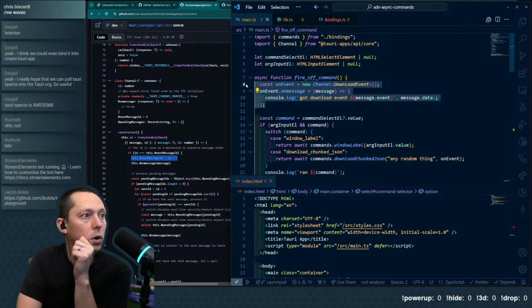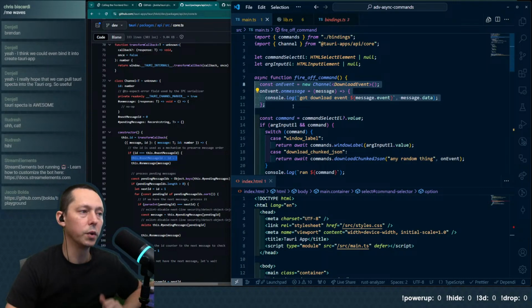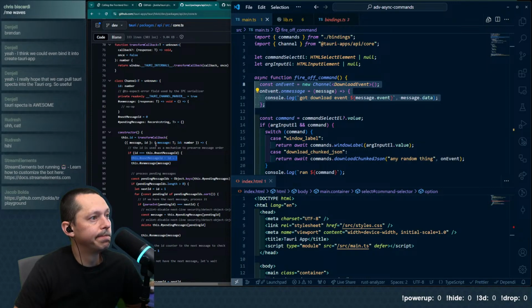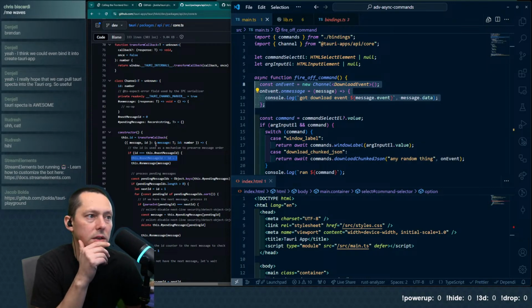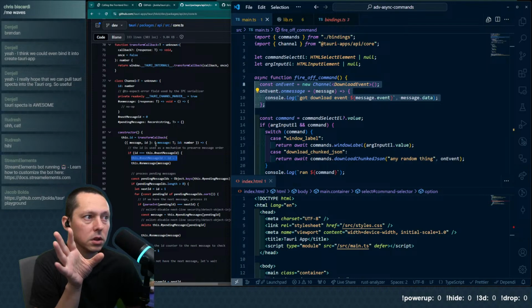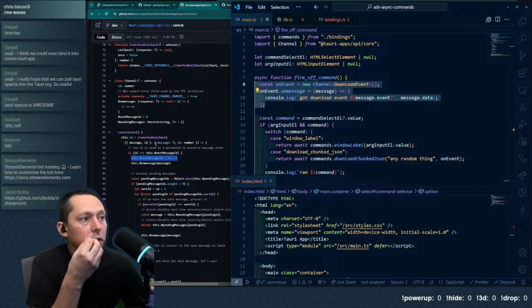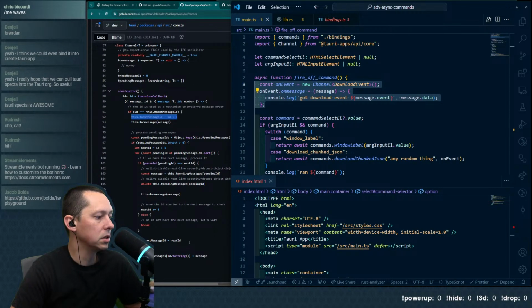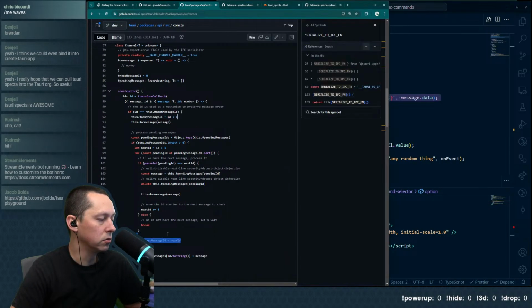So if you're doing something like this, you need to recreate the channel every time and then handle the event every time. Even in vanilla JS, you end up having to use event emitters and event handlers a little bit more. Even with that, having to recreate it every time is a little bit painful. But also, this isn't terribly easy to resolve.